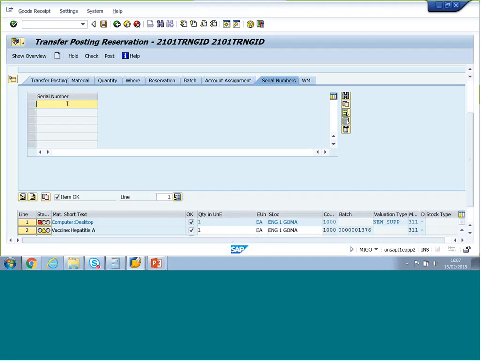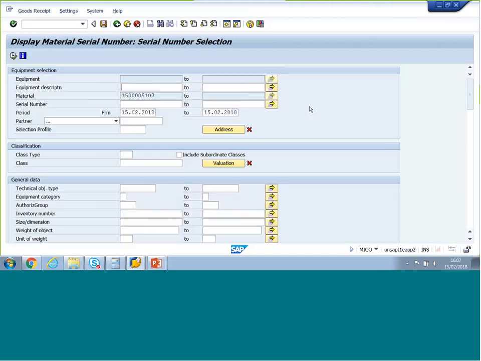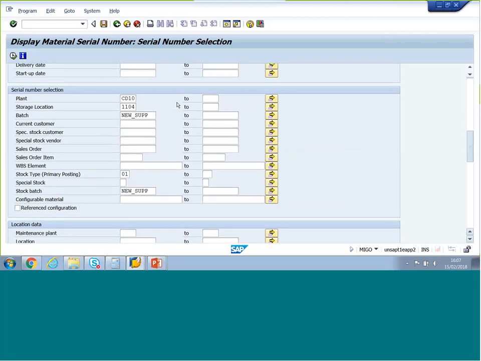We can type it manually here, but it's much easier to use the find button here. With this find button, the system will open a report, all right? And if we execute it, it will tell us the serial numbers for that particular material that are located in MONUSCO and in the storage location we are trying to transfer from,